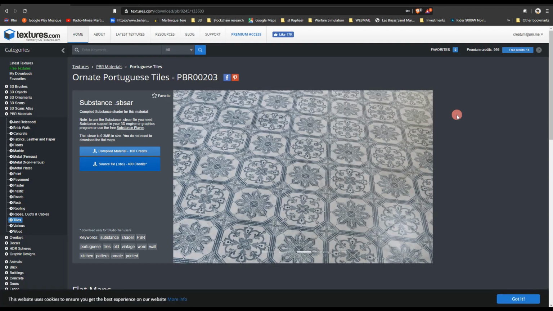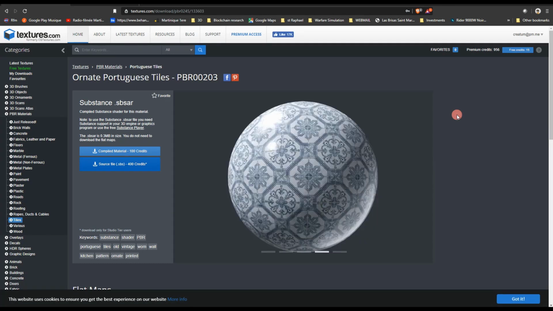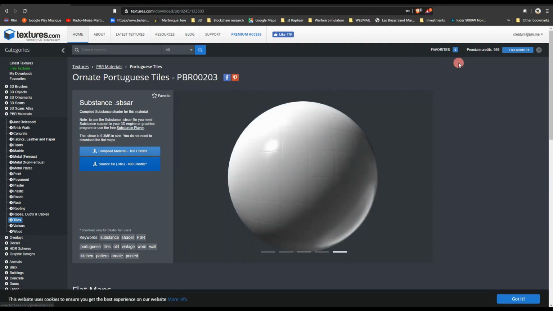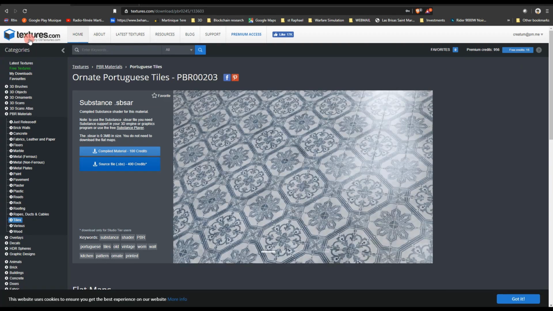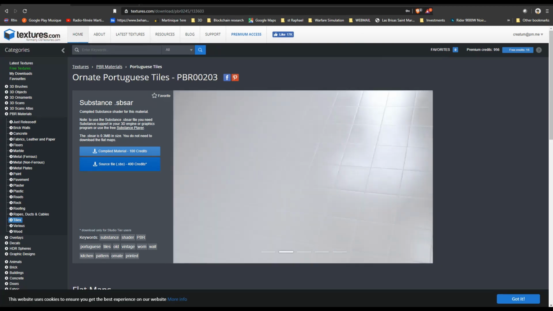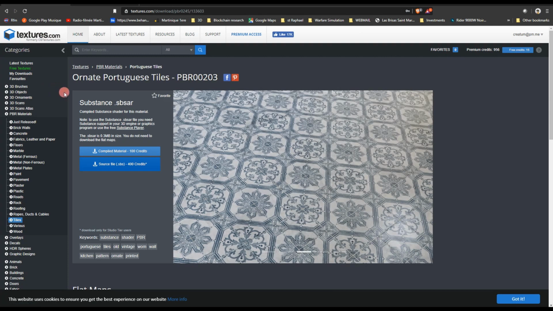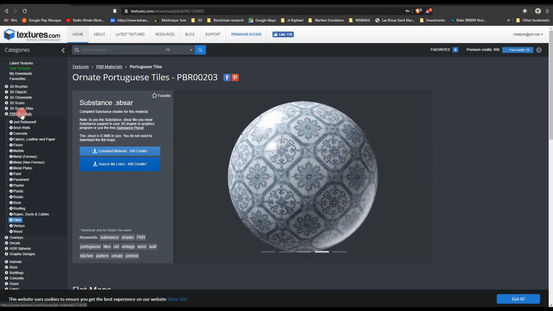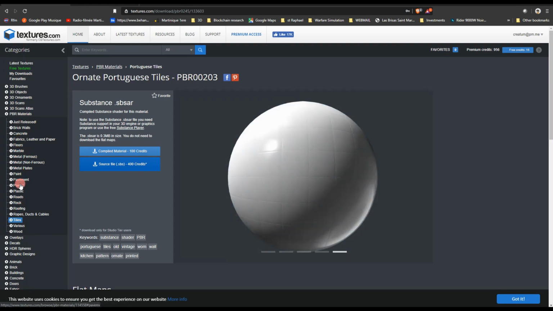Okay, you're going to ask me, where do I find those great normal maps for my materials? One site I'm using, I'm not endorsed by them in any way, is textures.com. I'm going to put the address in the comment section below. Textures.com, pretty obvious. Then you go down to PBR Materials, and then you can choose any of those materials, like